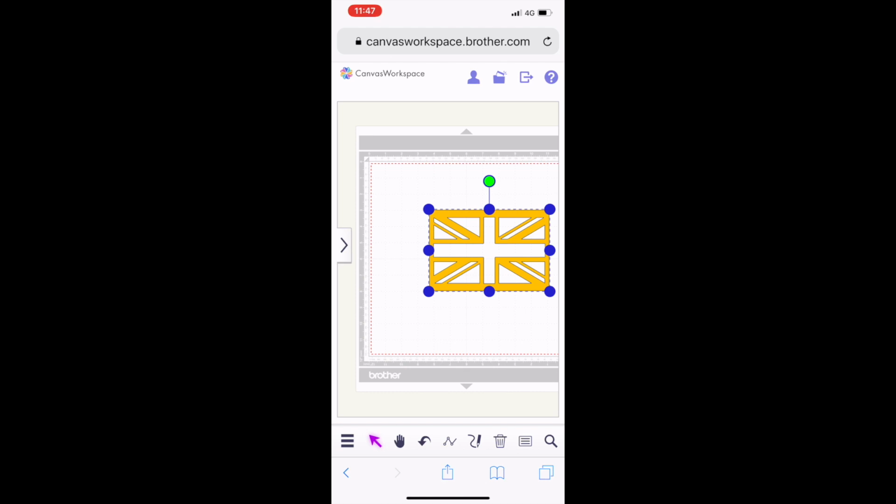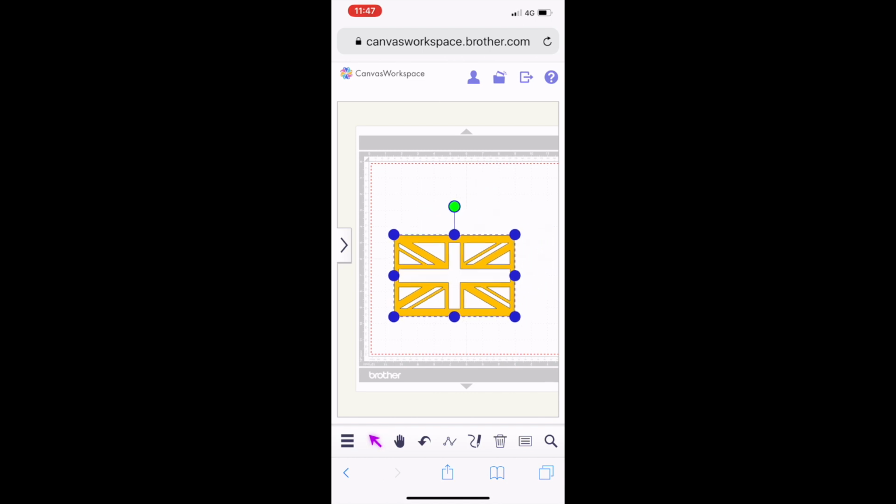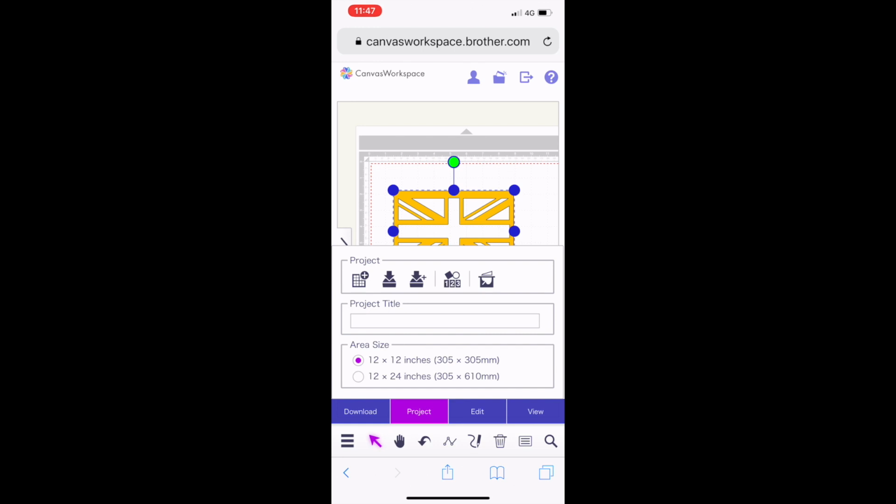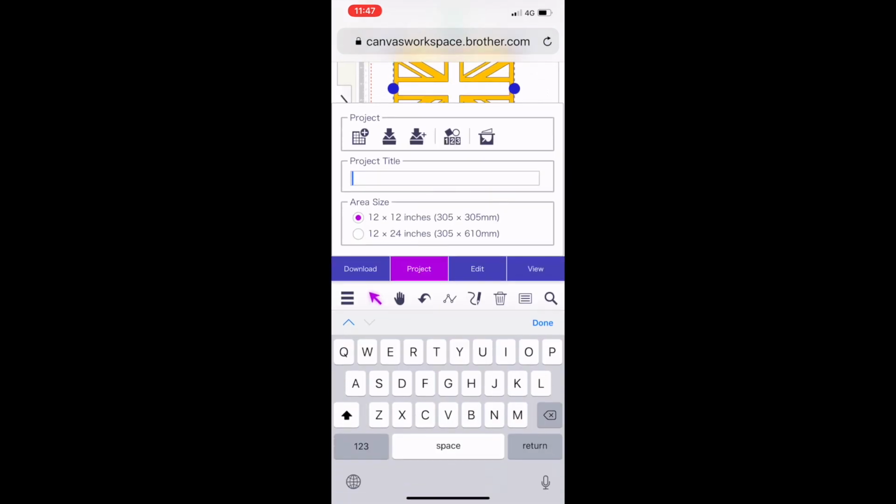So people were asking about accessing Canvas, and there's lots of ways you can do it on your iPhone, your iPad, your computer. You can download it for Mac users, PC users. But I like, sometimes things pop into my head, and if I don't get them down straight away, I forget, and then it's too late. So then all you do is go on to project and give the project a title. So we call it, say, flag,